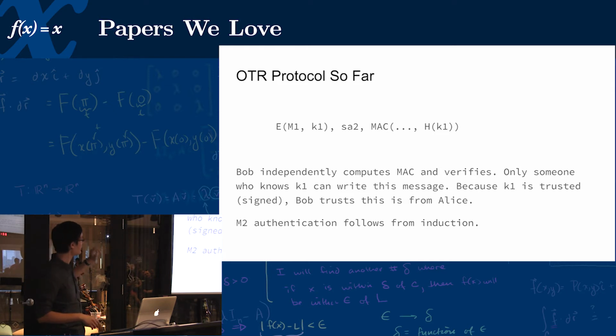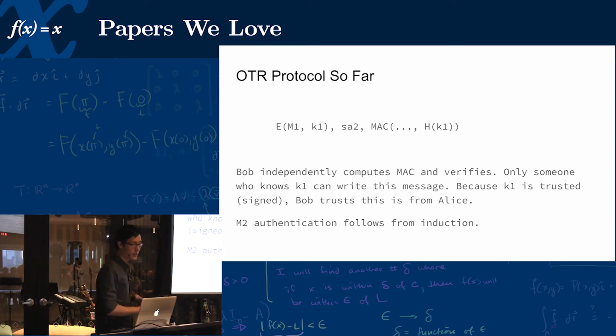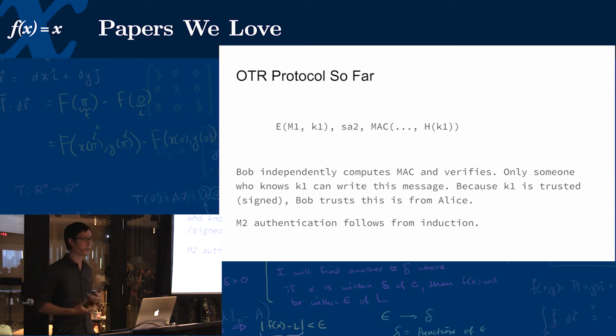it's a MAC of the message content with the hash of the key that was used to encrypt the message. Okay, so Bob receives this, and then he can compute the MAC on his own and verify that, for K1, that is the MAC of that message. Now he knows that the only person who could have correctly calculated the MAC is the person who knew K1, right? And the message is encrypted by K1. And because K1 was implicitly signed during the first key exchange, he now knows that this message came from Alice,